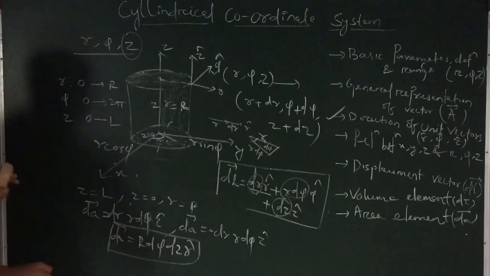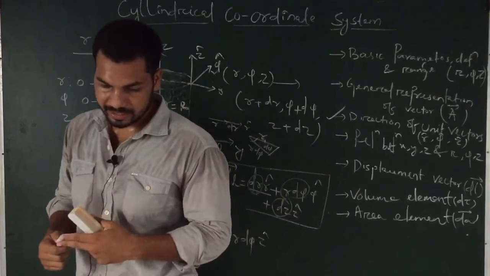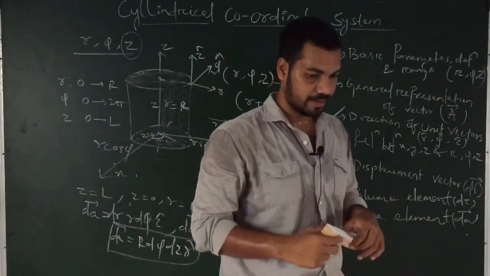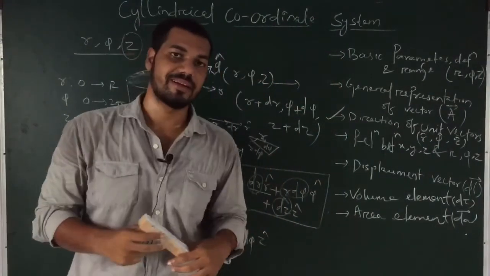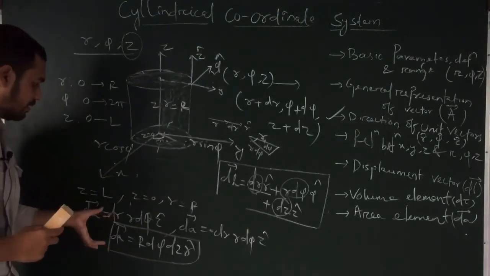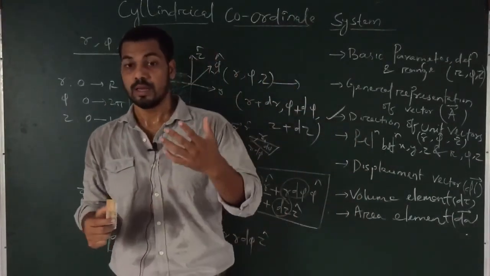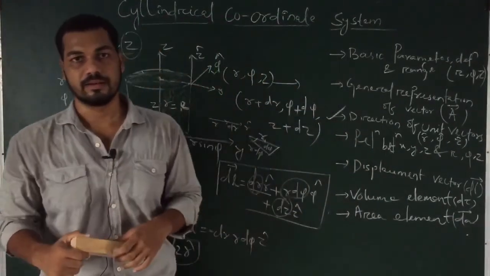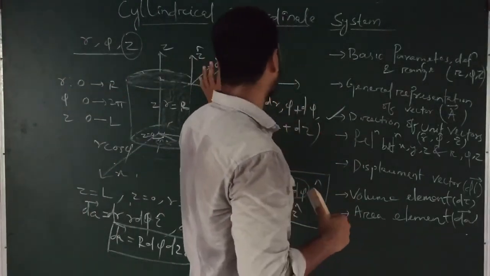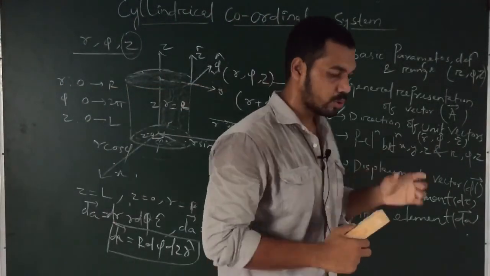Okay, so these three area elements are important to calculate the surface integral and later on to calculate the quantity electric flux in electromagnetic theory. These are all important quantities which you have to remember all the time to solve problems in competitive exams and also in class exams. These are all the basics one should remember for cylindrical coordinate systems.